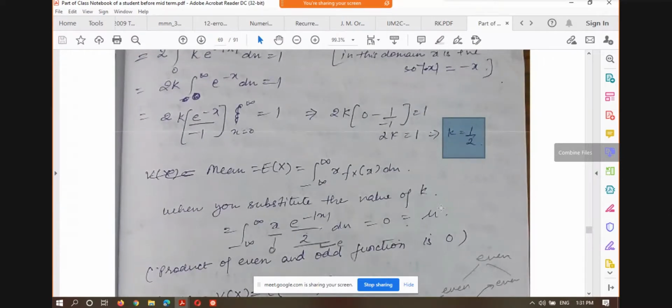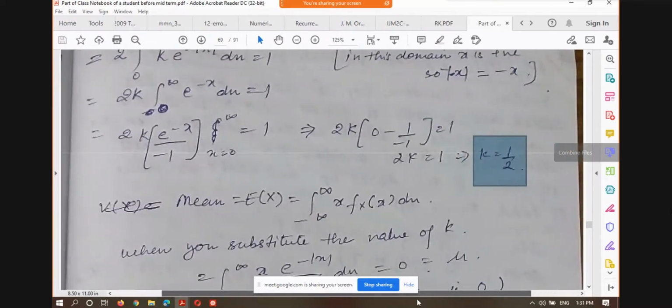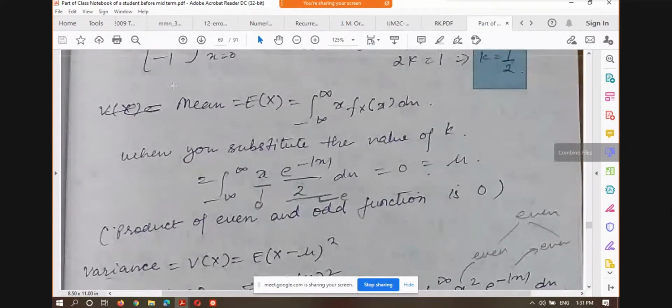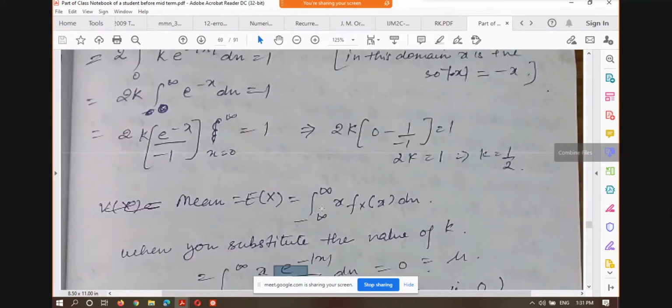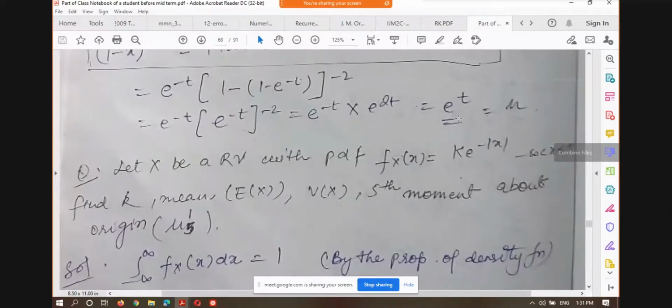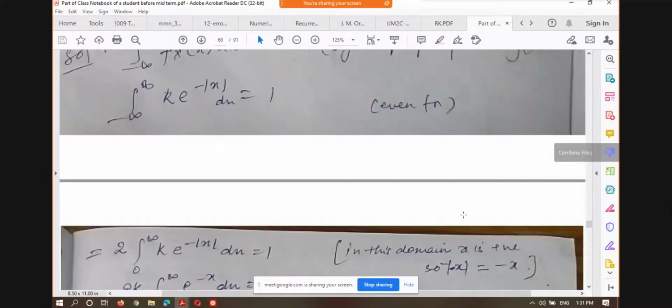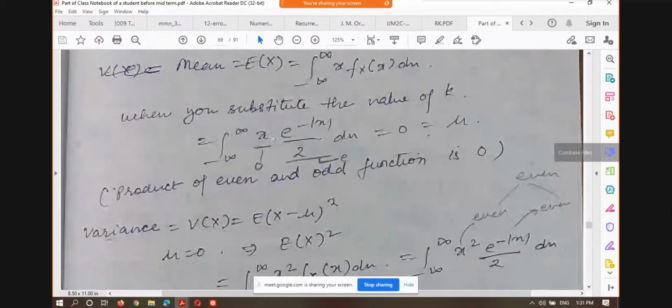Now we have to calculate its mean. To calculate its mean, we know that mean is the expectation of x. It is x into the density function of x. The density function of x is x dx. And then you write its definition. In its definition, we have substituted the value of k here. k is 1 by 2, that's why there is 2 in the denominator. Earlier it was only k into this, and k we have obtained here as 1 by 2, so we have substituted its value. So now this becomes the density function of x. So x into this